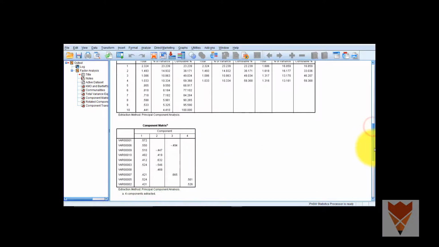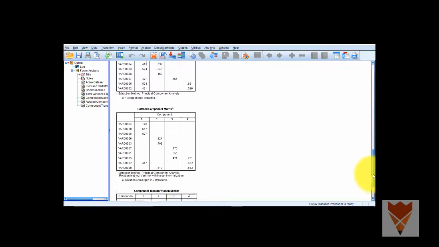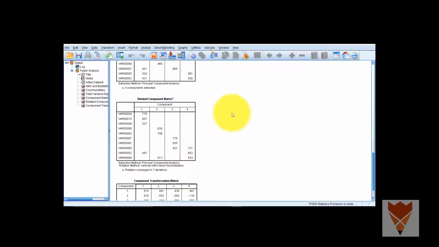And the last thing that we will be checking from this factor analysis is the rotated component matrix, and this rotated component matrix will show the question and its relation with the factor. These are called loadings. Loadings are nothing but the correlation of a particular question with a particular factor.